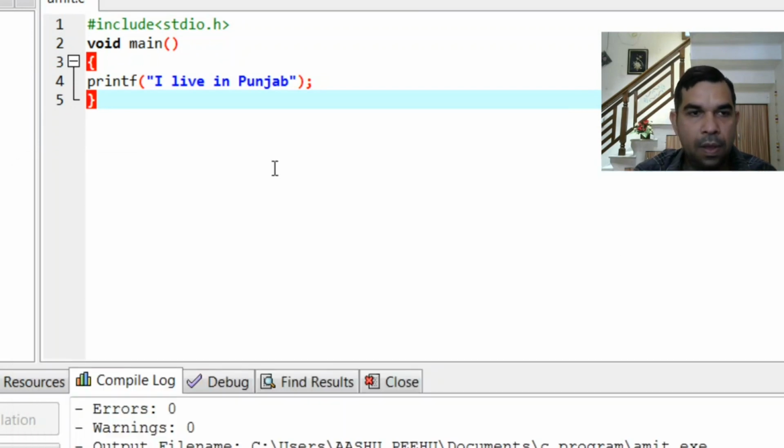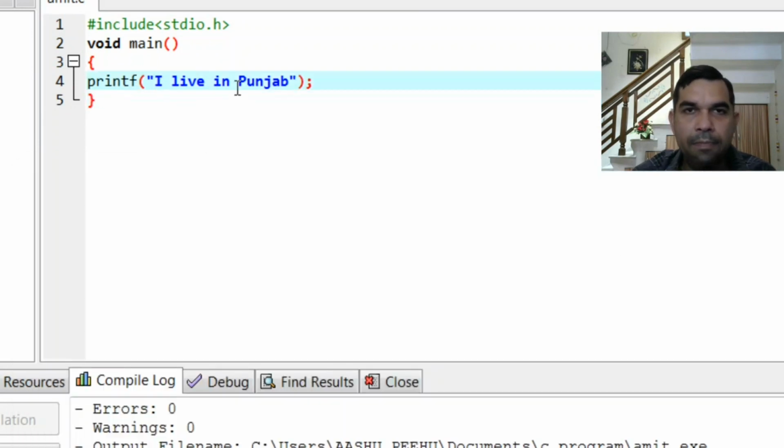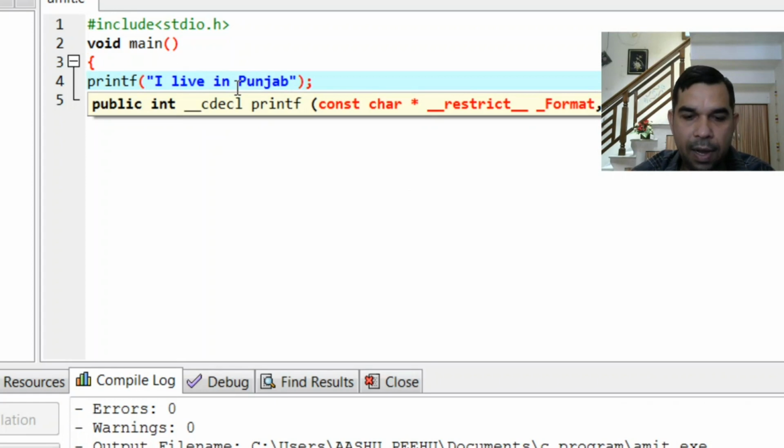Okay, let us make it more presentable so that the output can be highlighted on the screen. For that we have many operators, like the first is this \n. What is the role of this \n? This will make our output presentable.